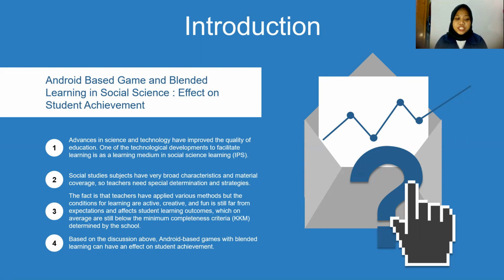In general, student difficulty in learning social studies is caused by a wide range of material. The learning model imposed by the teacher is flawed and there is a low level of student interest in reading. One of the social studies subjects that is considered difficult is the history of Indonesia, because the material is large and wide over a long period of time, and it's difficult to relate to the real life of students.